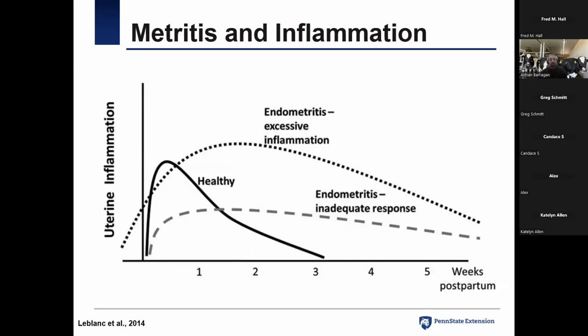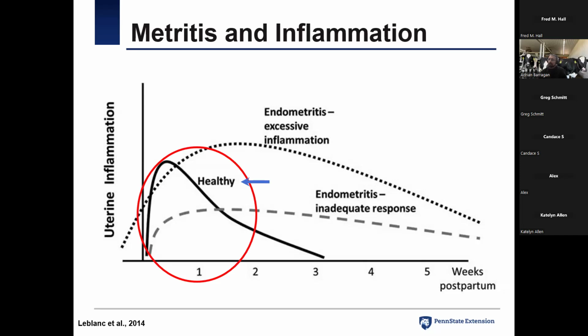Because inflammation is good, it's needed. We need inflammation at this time of the cycle of the cow for expulsion of the placenta, uterine involution. The physiological process of parturition requires inflammation. So we want inflammation here, but we need the right amount of inflammation, right? So anyhow, I'm bringing this up because when we talk about preventative strategies, we're going to dive a little bit into what could be the reasons for the positive effect of prevention with some anti-inflammatory strategies that I'm going to talk about at the end of the presentation.